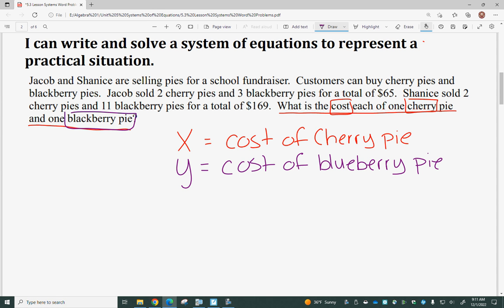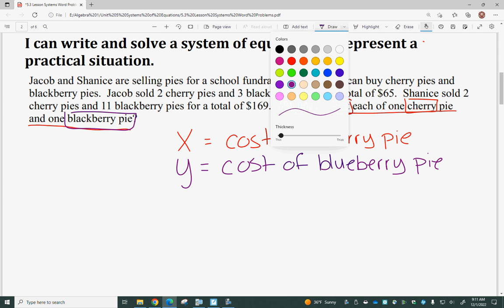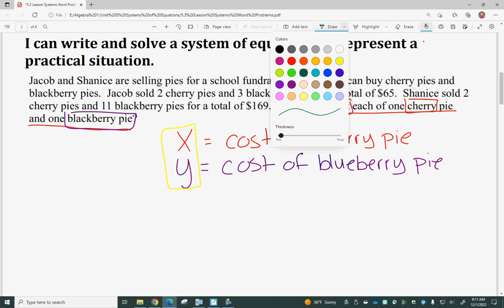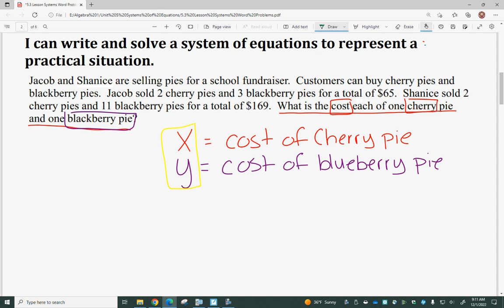When we have two letters or two variables that we want to know, we're going to have two equations, and that's what we have when we have a system of equations. A system of equations, again, is just two lines. And so we have Jacob,